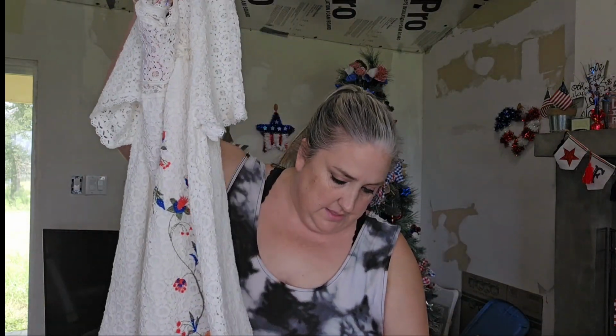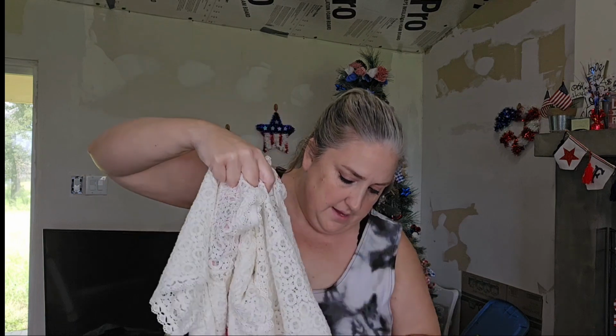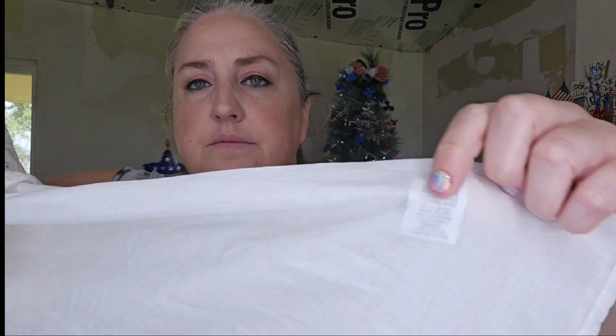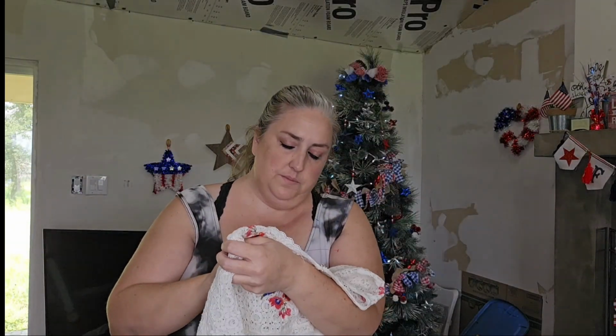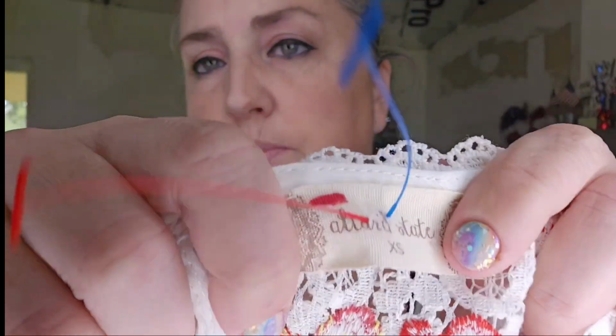And this dress is also lined. It's kind of like just plain linen type material, but it's super cute. This is an extra small, and it's by Altered State, which is a mall brand right now that's pretty popular